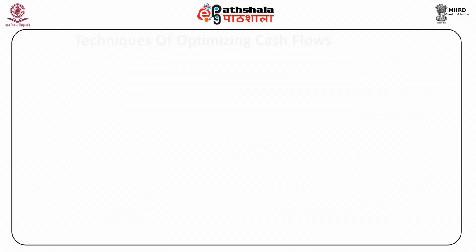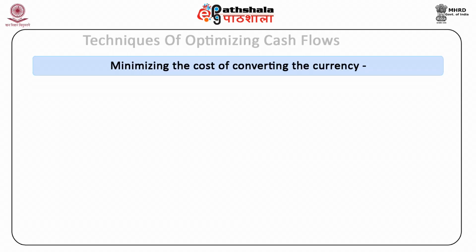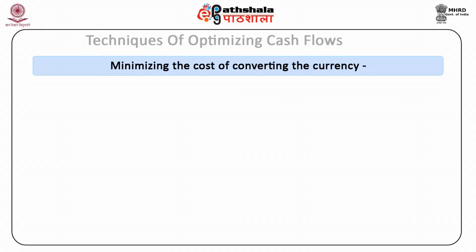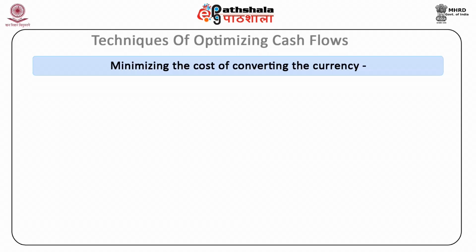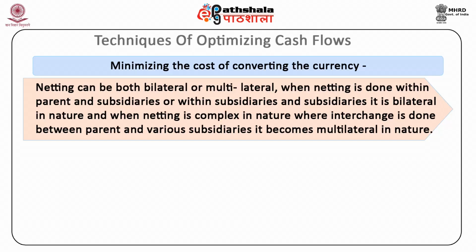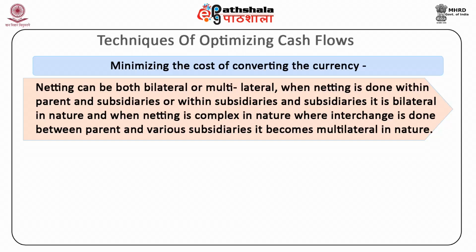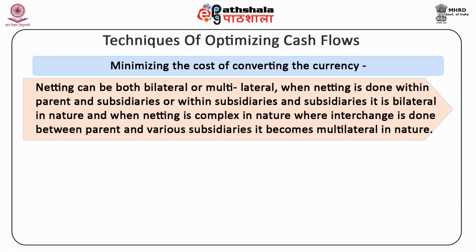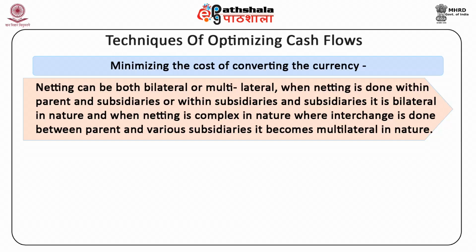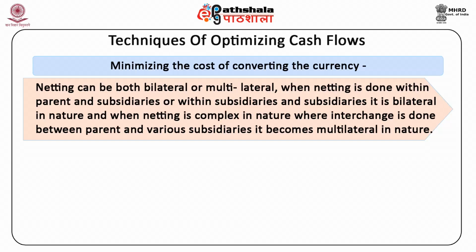There are various techniques through which a multinational company can optimize its cash flows. Those are minimizing the cost of converting the currency. A technique used to reduce the conversion cost through centralized cash management is netting. Netting can be both bilateral or multilateral. When netting is done between parent and subsidiaries or between subsidiaries and subsidiaries, it is bilateral in nature. And when netting is complex in nature, where interchange is done between parent and various subsidiaries, it becomes multilateral in